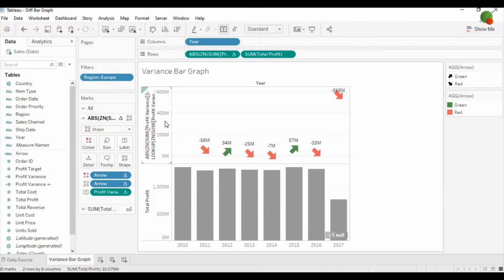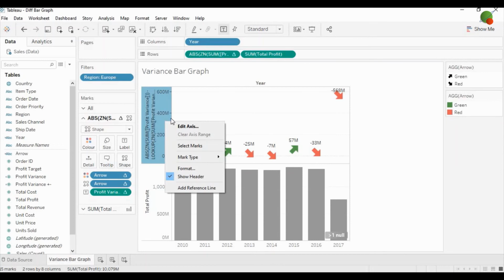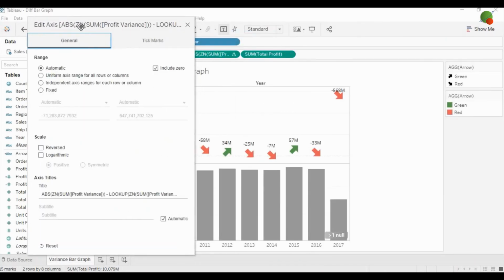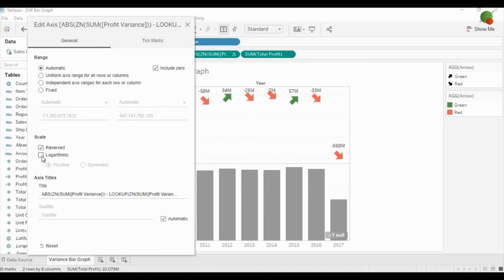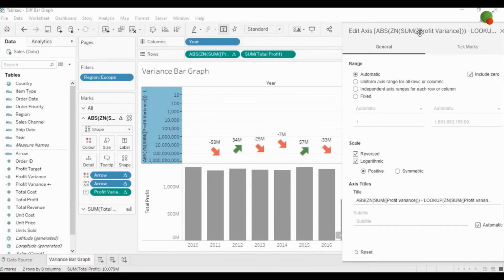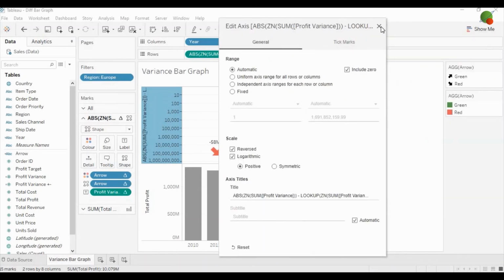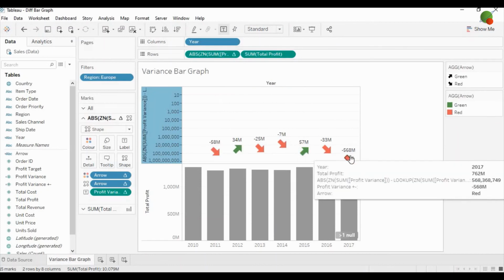For that, you just right click on the axis of the arrow area and then click on edit axis, right? Click on the axis, and then from here you need to select reverse. What will happen when you select reverse is it will change the axis dimension, and it will create them almost on the same line, right?